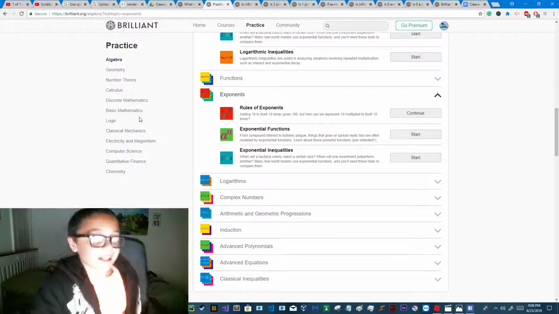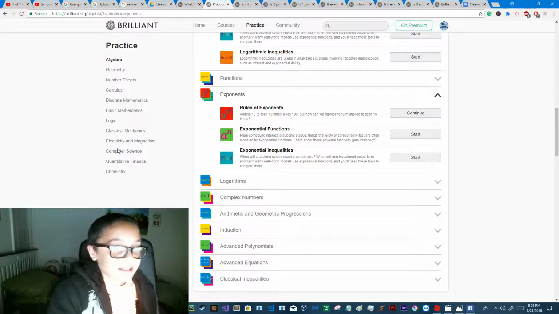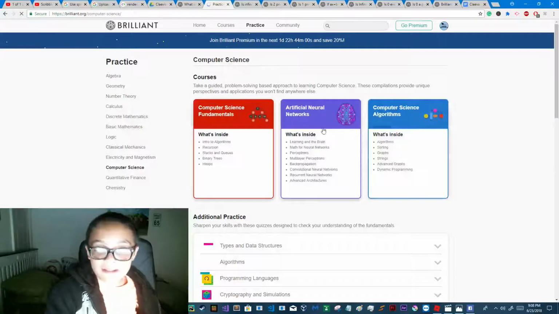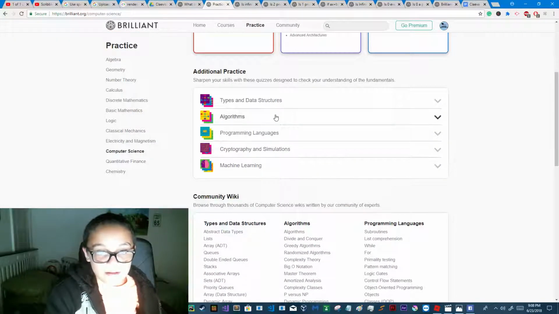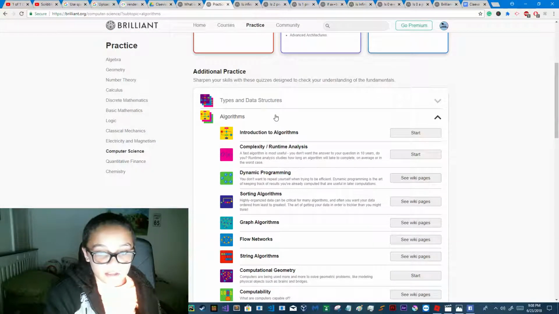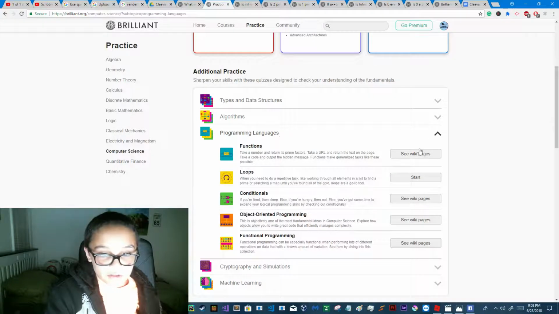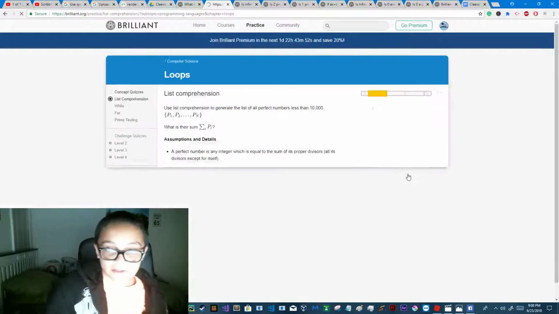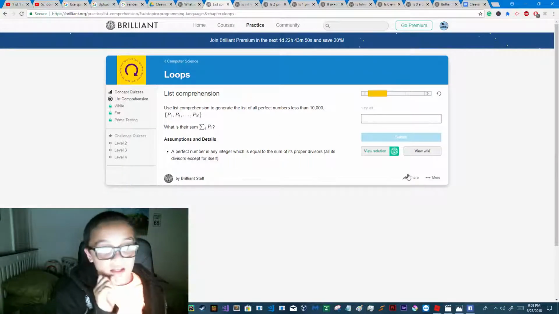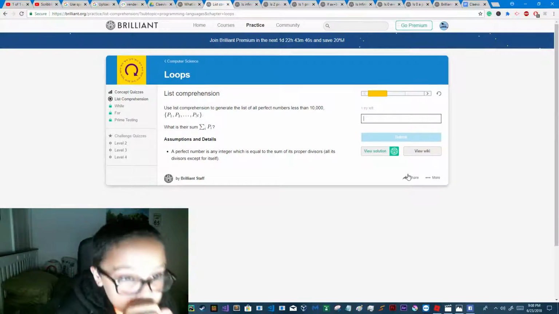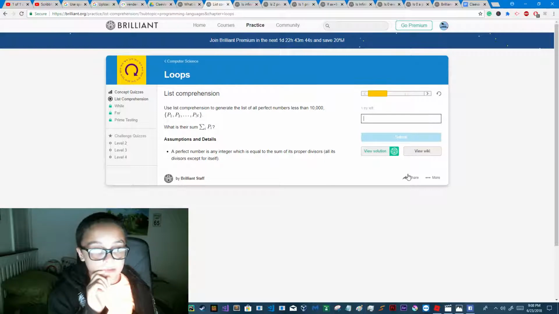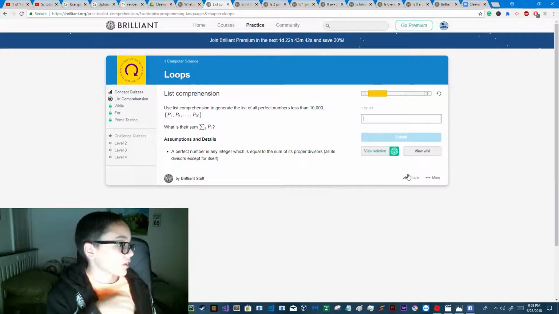Anyways, maybe we can get away from mathematics at some point and switch to computer science. Algorithms. I know what an algorithm is. Programming languages. Loops. Let's try this. This has nothing to do with computer science. I do not know how to do summation in calculus. Speaking of calculus,